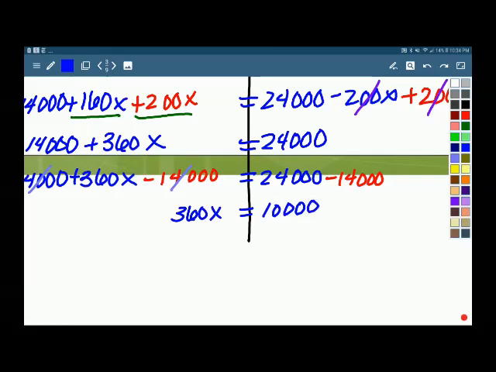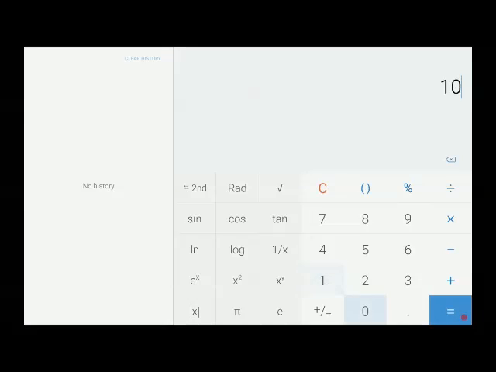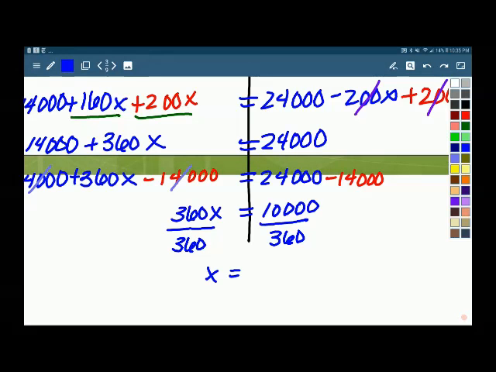And my last step to get x all by itself: divide off that 360. So I need to do 10,000 divided by 360 in my calculator. There we go. So let's see, round that. We'll round that to the tenth. We'll call that 27.8. So x is equal to about